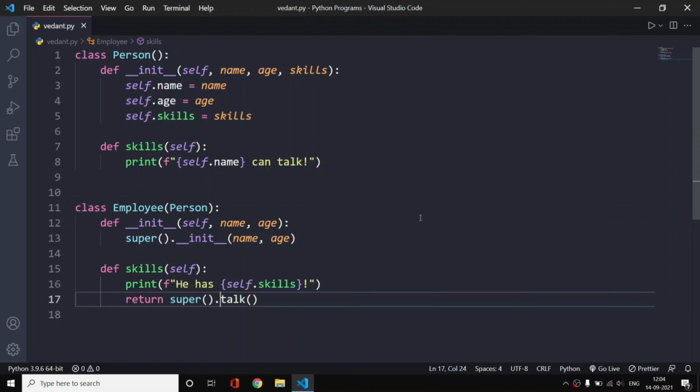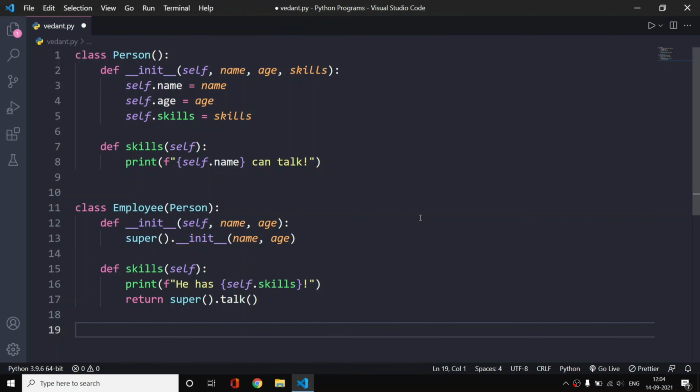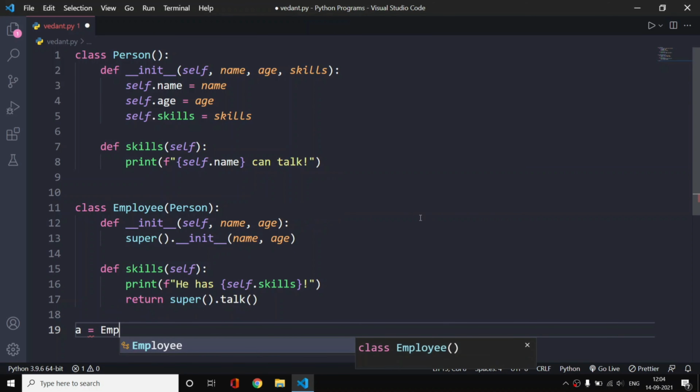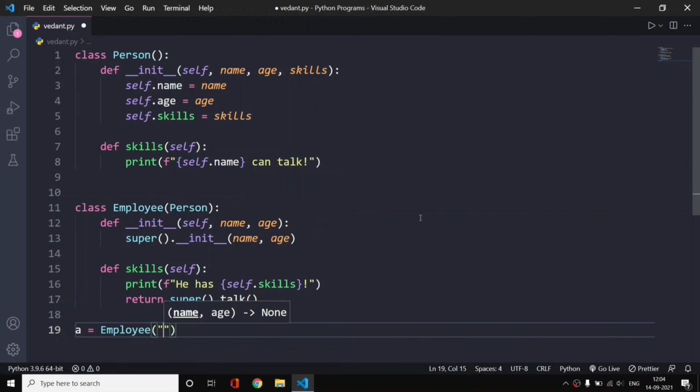Nothing will happen by running it because we haven't created an object. So let us create A is equal to a person, or we can create an employee. Let us create employee and provide a name, let's say Jim, and the age, let's say 25.